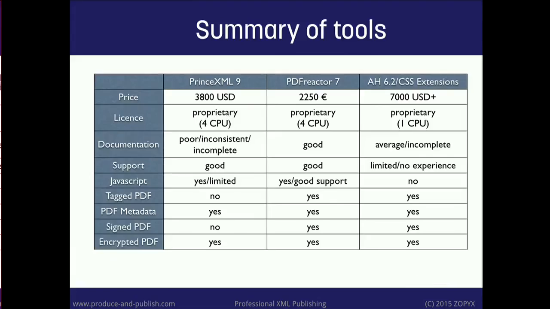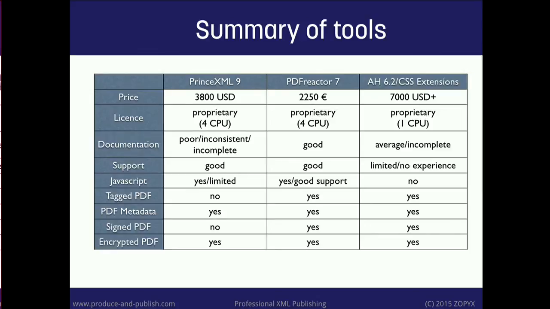Summary of the tools, almost the last slide. This slide gives an overview of the existing tools. Commercial tools, as said, we have Prince XML, PDF Reactor, and Antenna House. I'm familiar with both tools, Prince XML and PDF Reactor. They're in the same price range. They have a proprietary license, so they are commercial tools. I have very little experience with Antenna House,